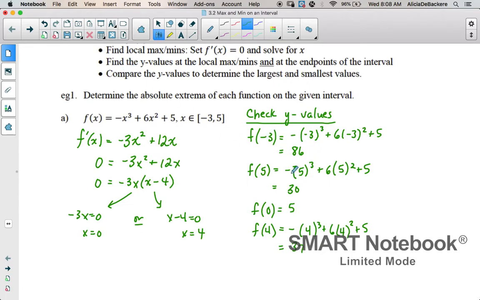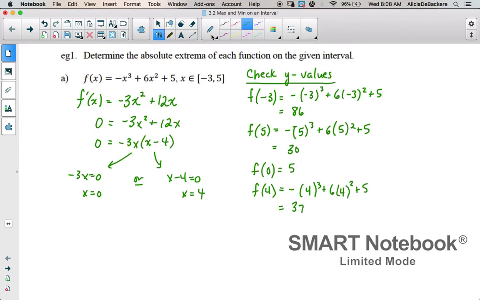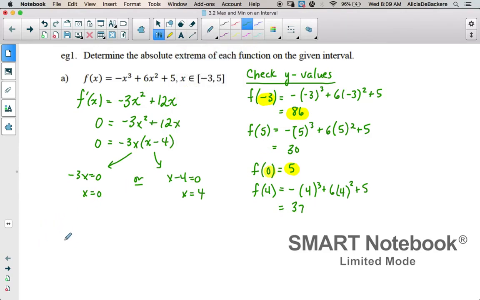I just have to compare all of these heights and figure out which one is the highest and which one is the lowest. So I can see here that my maximum is there, so it's going to happen when x is negative 3, and my minimum is 5, and that's going to happen when x is 0. So I just have to put that all into a sentence. Now this is of course true on this specific interval, right? So on the interval that was given here,